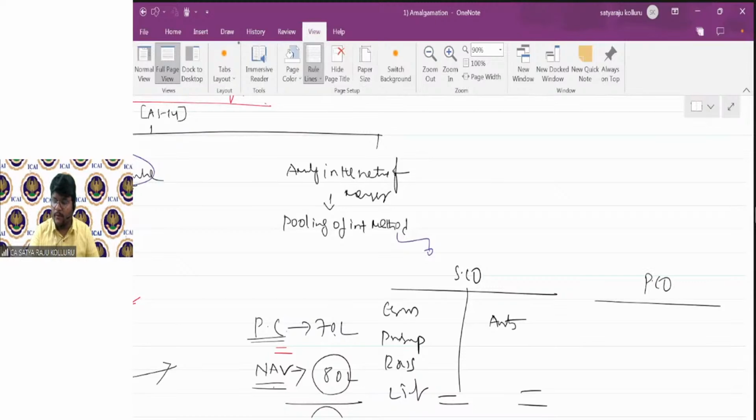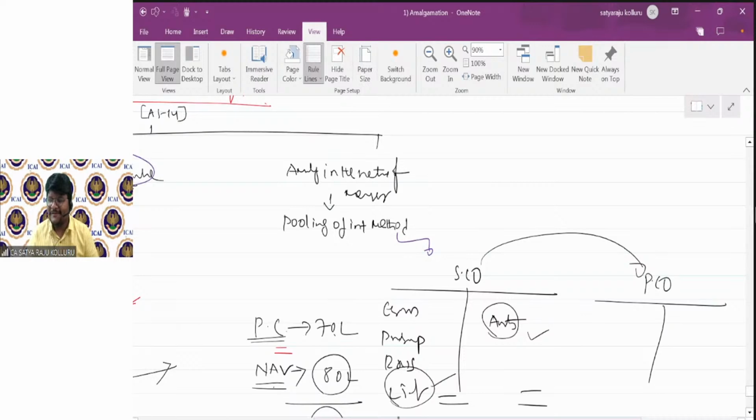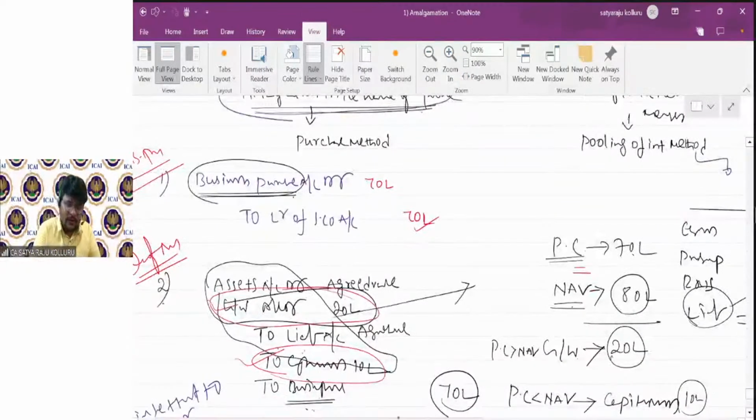This is the purchasing company. Now in case of merger, the purchasing company is ready to take over all these assets and all these liabilities at book value only. Tell me, guys. That means if the purchasing company takes over all the assets and liabilities at book value, then at the time of incorporation of assets and liabilities in the books of the purchasing company at agreed values, at book values, there is no difference for the first entry, the same entry, business purchase account to liquidator of selling company